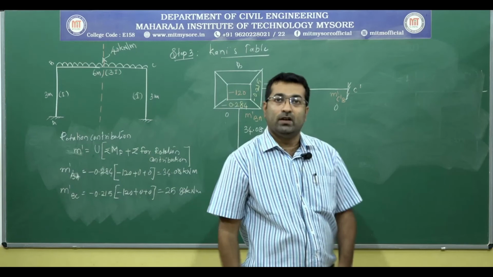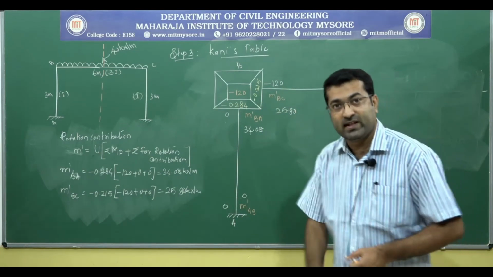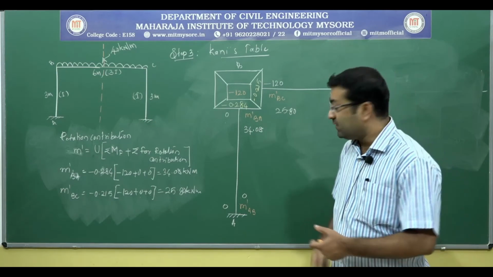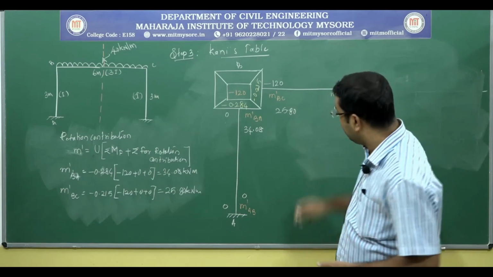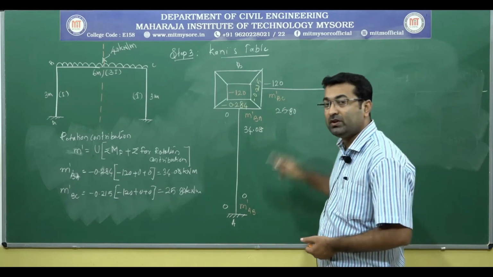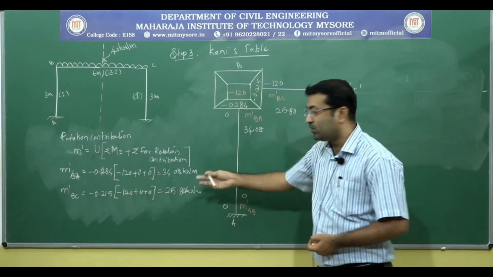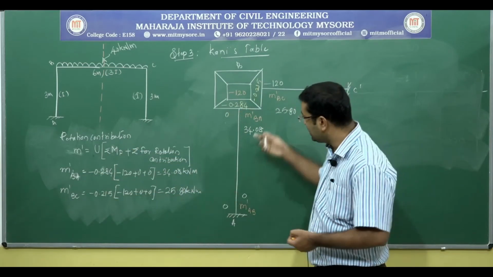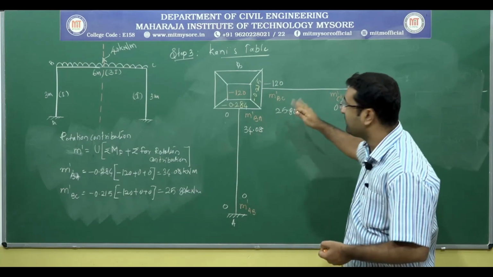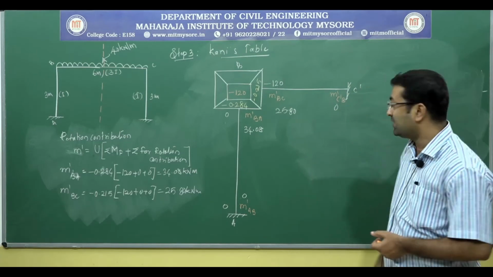Right. Now, what is the next step? Should I go for one more cycle? No. Why? Even if I go for one more cycle, there is no change in the far end rotation contributions. So, there is no change in the rotation contribution values. Even if you do 100 cycles, you will get the same values. So, these are the final rotation contributions which we need to use for the further calculation.